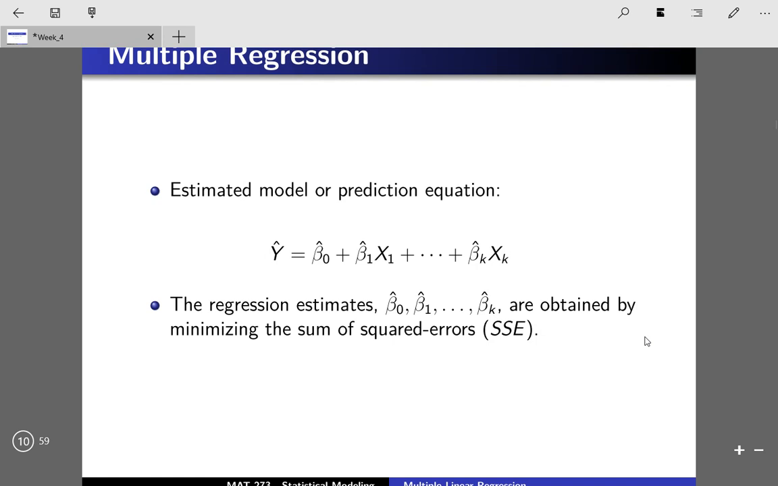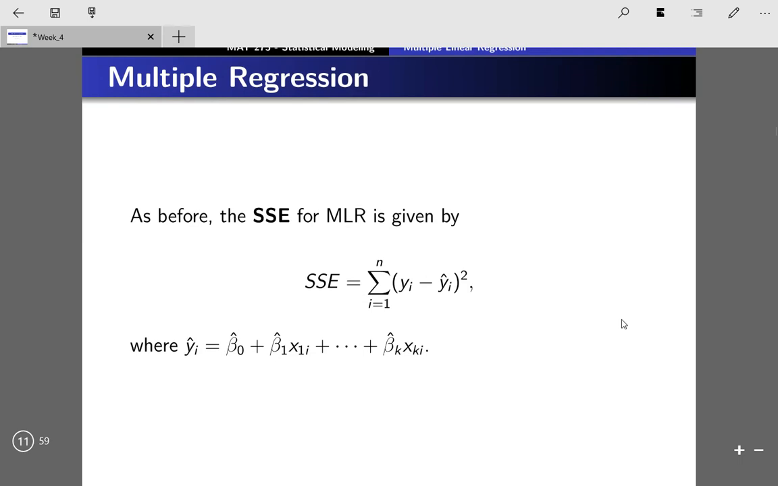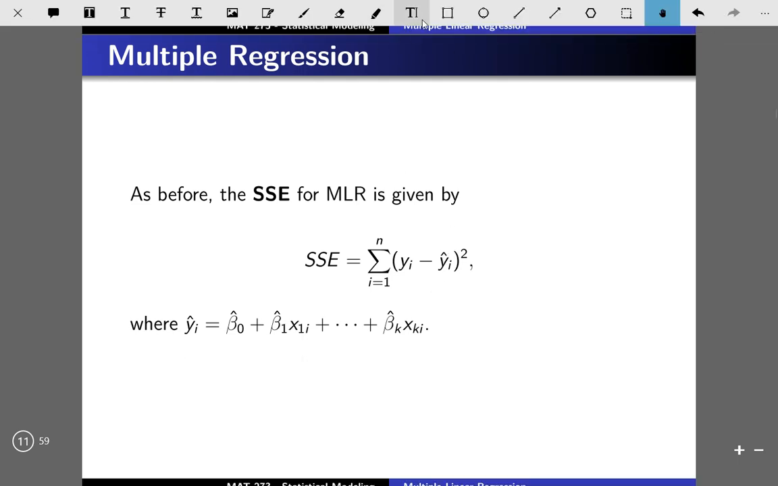To find these beta hats that we use for this model, R or other software minimizes the sum of squared errors again using calculus. But I'm not going to expect you guys to do that in this course, but it's still good to understand how that's working exactly. Yeah, so the SSE again that we're minimizing, or that R is minimizing to find these regression estimates, is given by this formula where we sum n squared residuals, where specifically the residuals